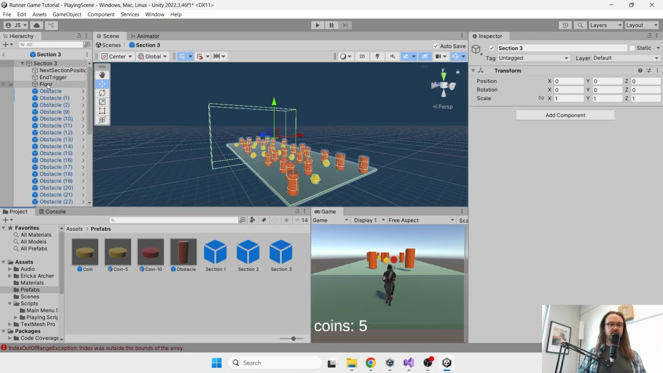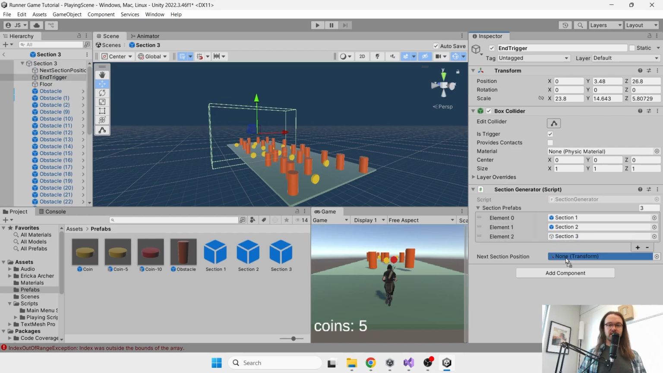In section 3, next section position there as well. Okay, so that is all 3 sections set up with the next position. Now, if you're running into this problem and you're having to do this, copy this for 4, 5, or 6